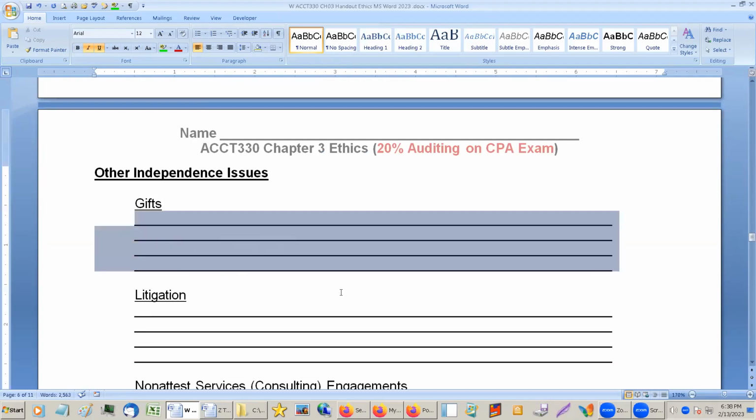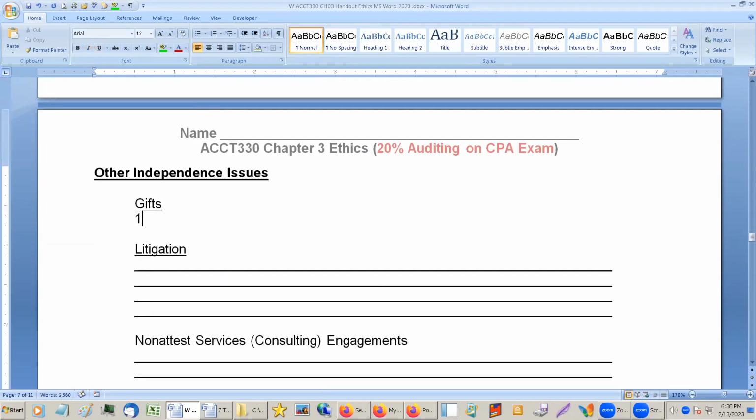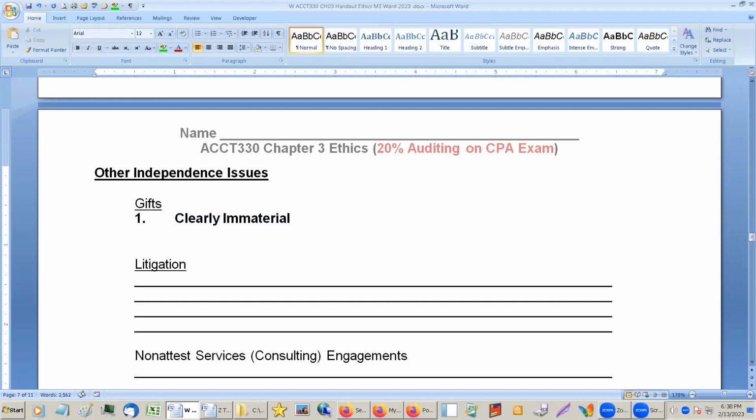Gifts. There are only 2 rules to gifts. They should be clearly immaterial. Or